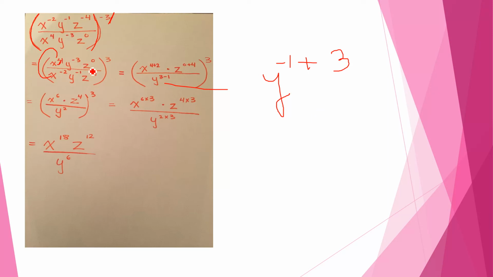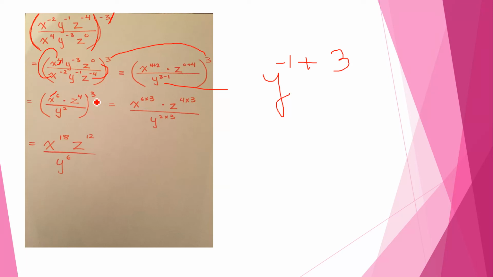Right? Now is z exponent 0, and then in the denominator it is z exponent -4. So we will bring this to the numerator, the sign will change and it is now +4. But do not forget that we have this whole cube as well. Cube means 3, you still have this one. Now we will add it, x 4 plus 2, x exponent 6, z exponent 4, and y square, because 3 minus 1 is equal to positive 2, and whole power 3.